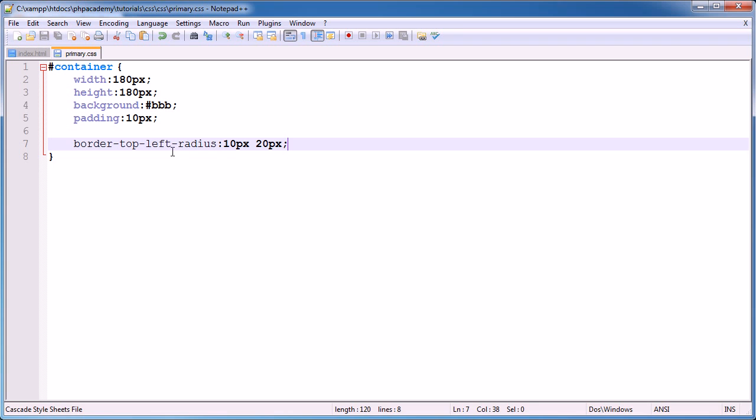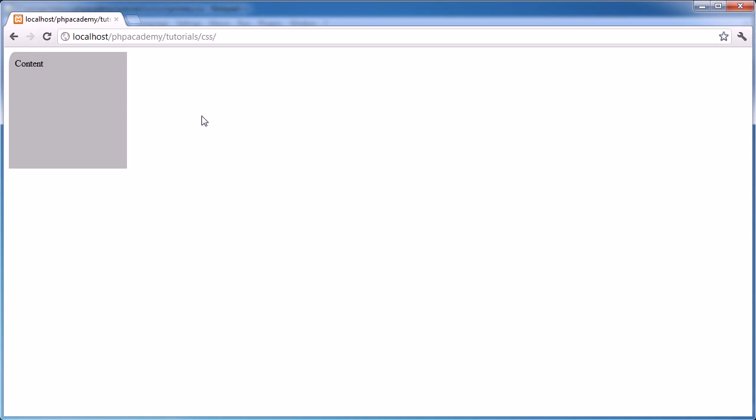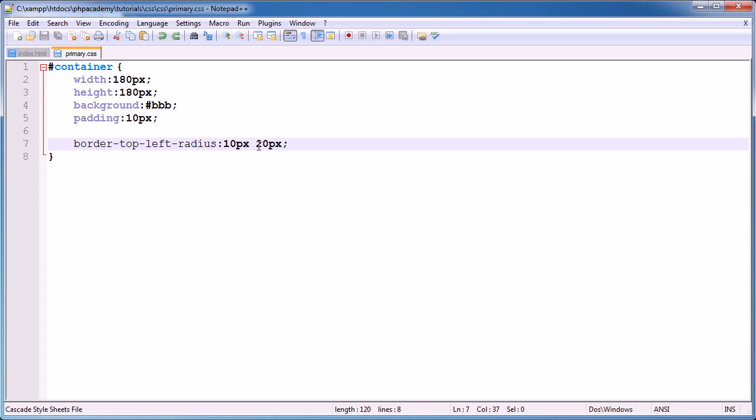So I've chosen 2 values for the top left radius, which might seem odd because usually we would just say, well, I want a radius of 10 pixels. But by choosing 10 pixels and 20 pixels, take a look what happens. You can see that we get a slight curve as we come up. Well, we get a bigger curve. The radius is a lot more here, and that's this value that we've defined, this 20 pixels